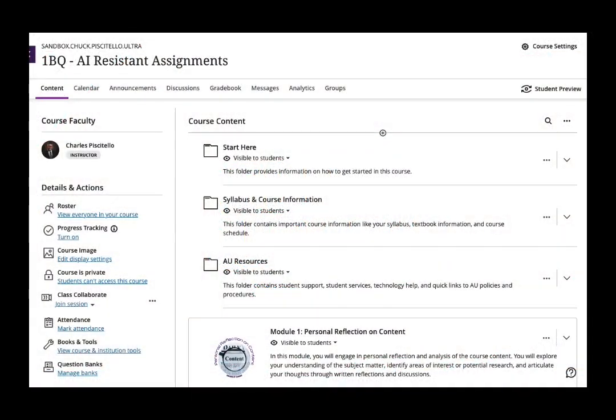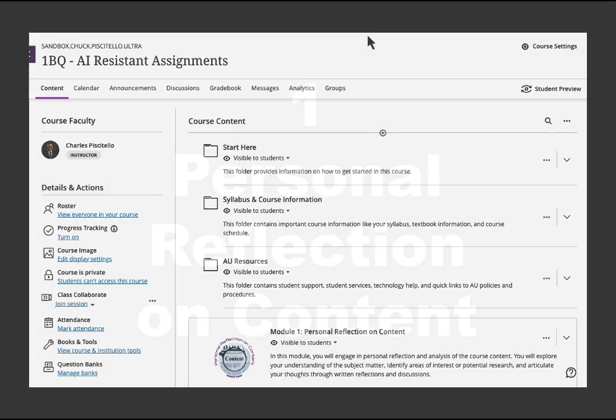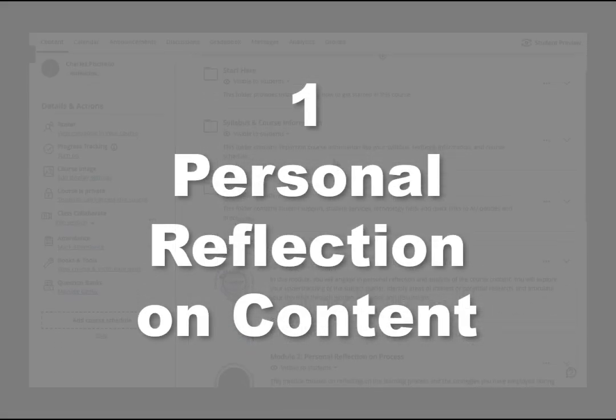We should consider developing AI-resistant learning experiences by capitalizing on the fact that generative AI produces content quickly. It's unable to replicate the nuance of thinking and creativity. In this one burning question, we'll go over 5 different types of assignments, and you can get creative with this too. The first one is the personal reflection on content.